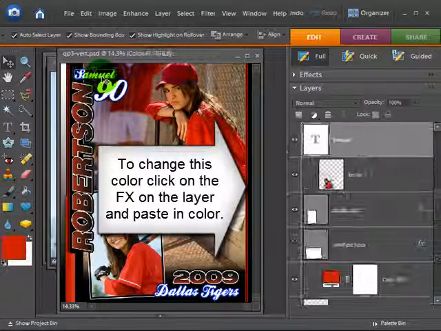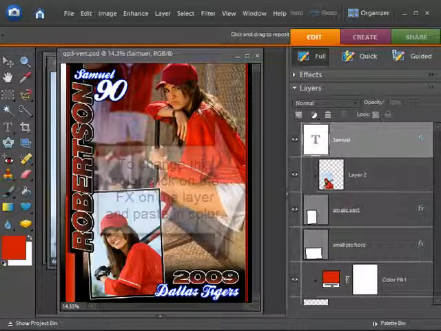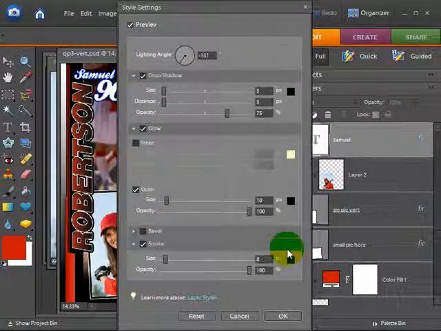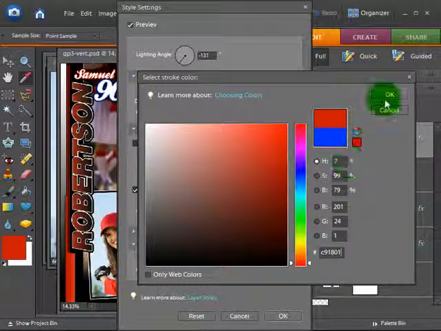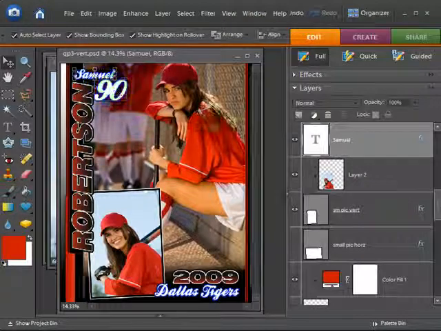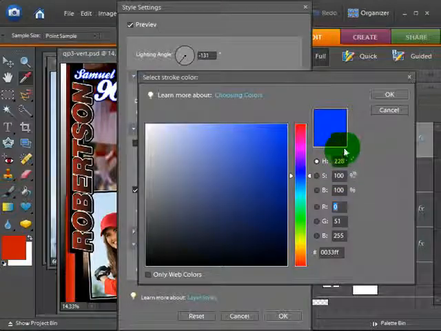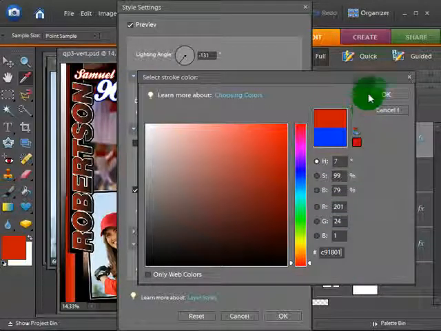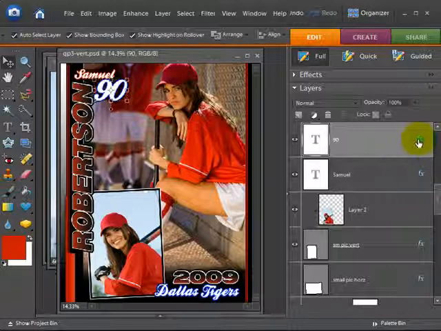And for the name, it has an FX. Double click it, and this dialog box comes up, and I click here and I put in Control V, and I guess I didn't get it changed. Double click, Control V, OK, OK, and then the number, same thing,